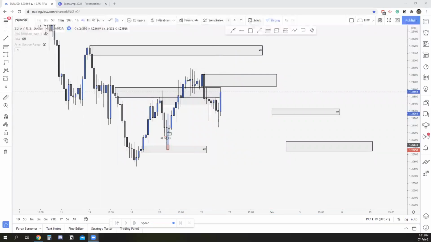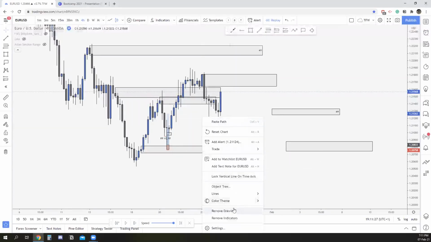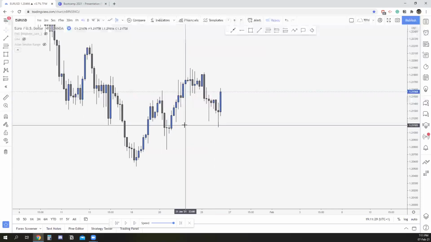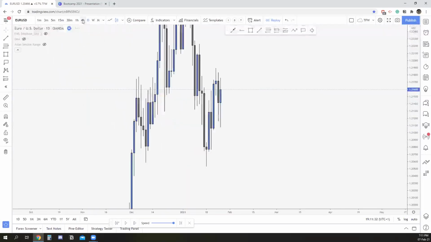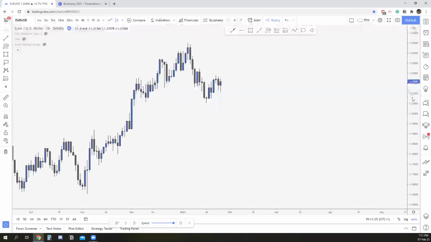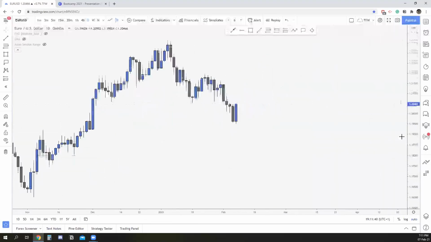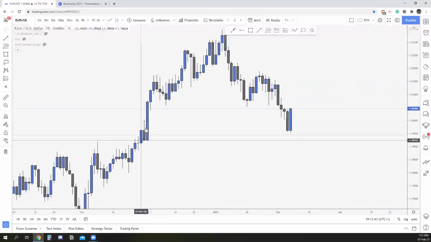All right. Do you start your OB from the 4H and then go down? I would suggest you start from the 4H, because the 4H is always going to give you the best OBs, the strongest ones. Not to say even the daily, because if you have an OB on the daily, it's really going to get reacted from. And if you just see this weekly price action, this is a no OB right there.